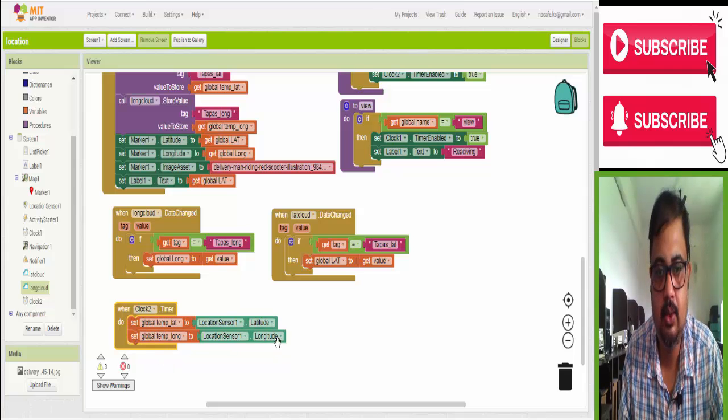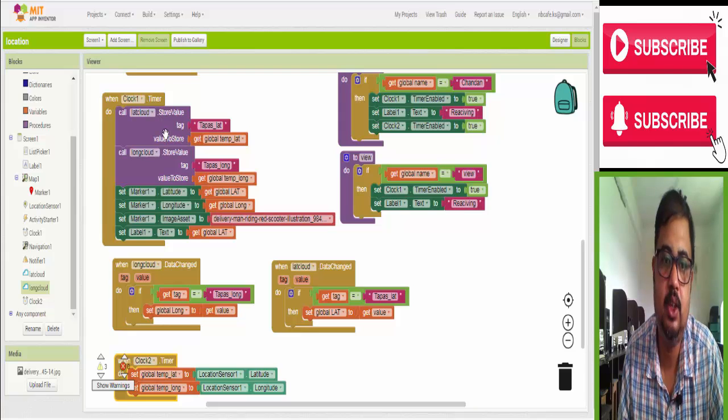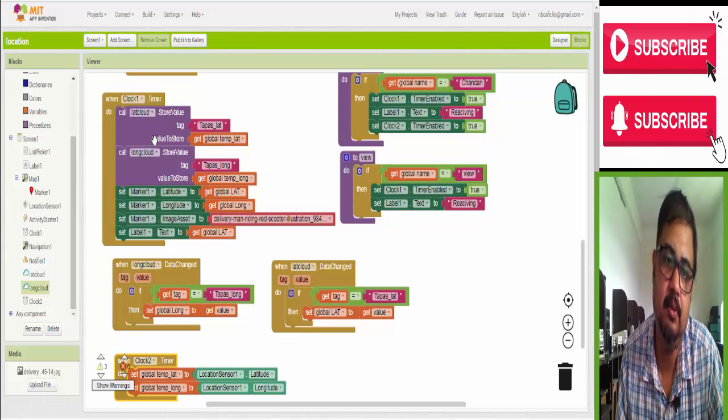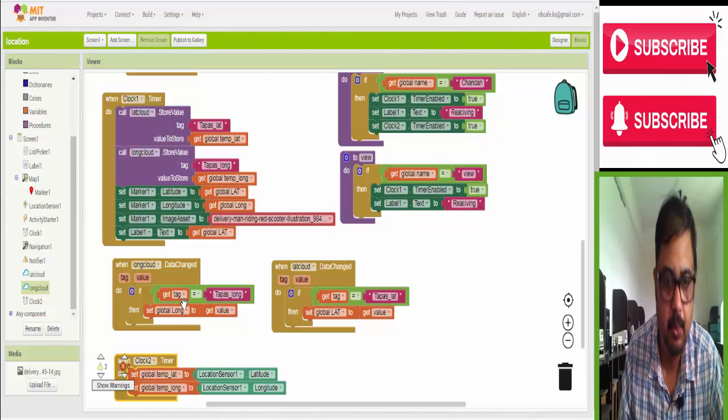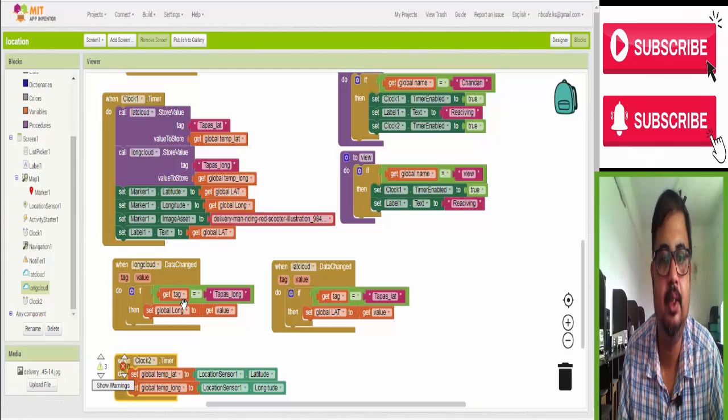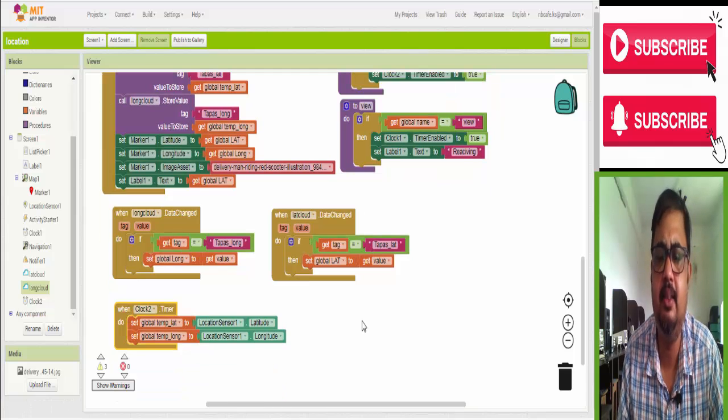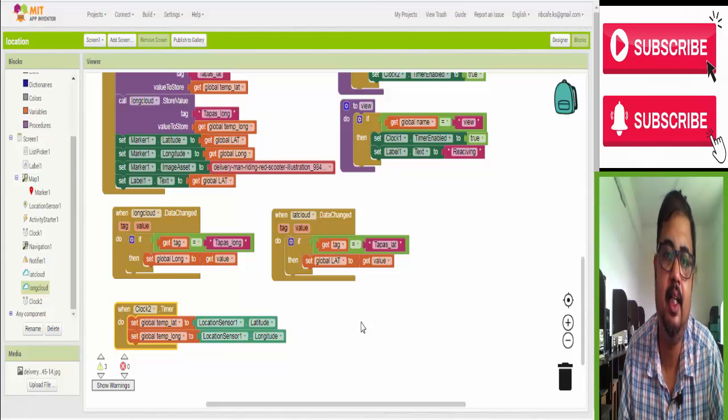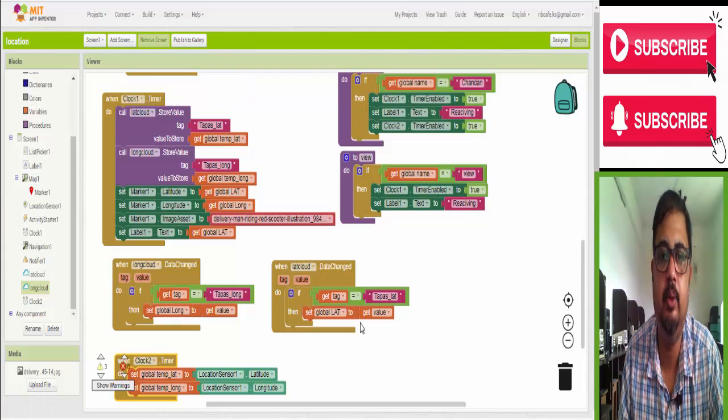Again, store the longitude value to the temporary longitude, and it is stored at the server, and here it is pulled from the server. So very simple idea to build that app, but it is very useful.